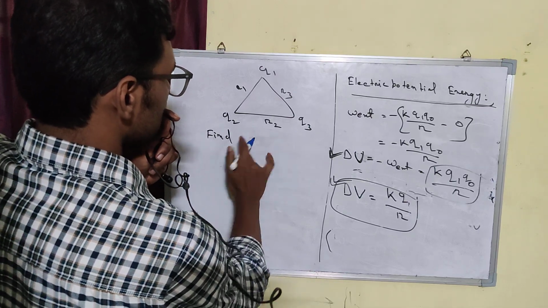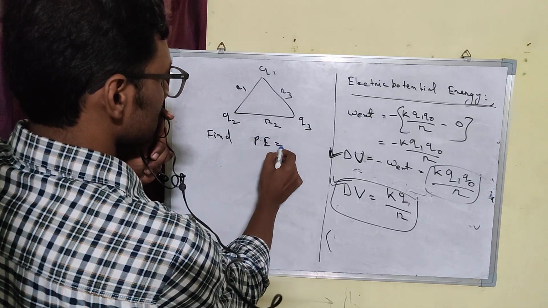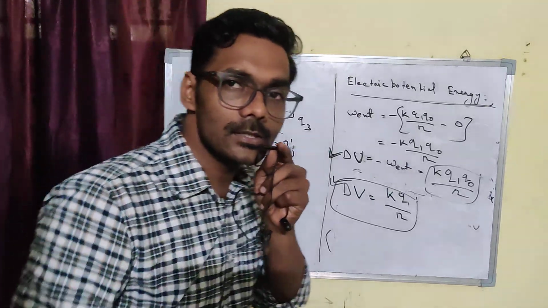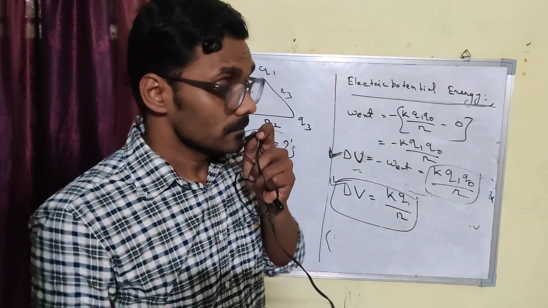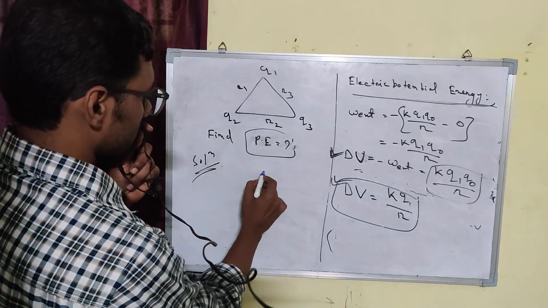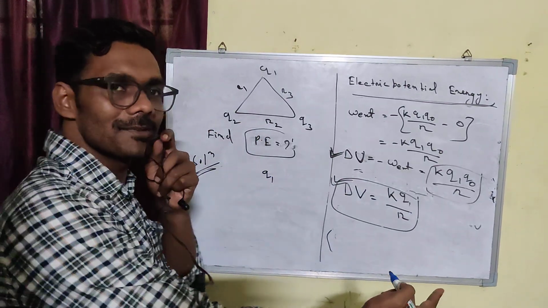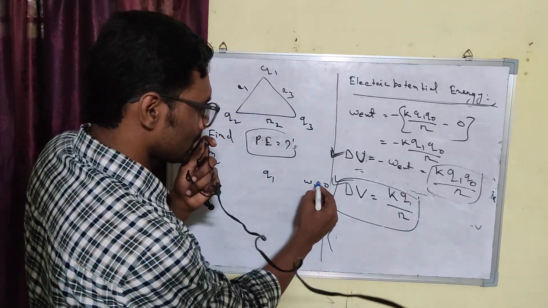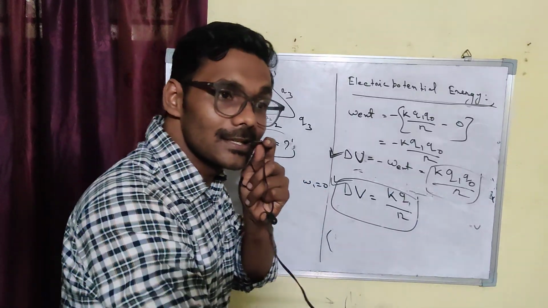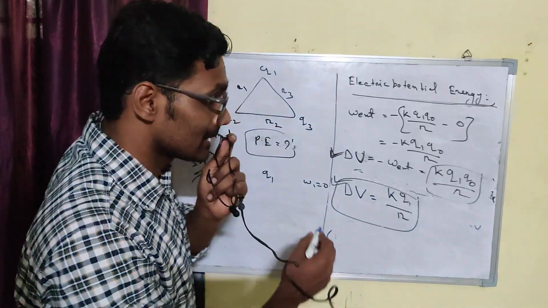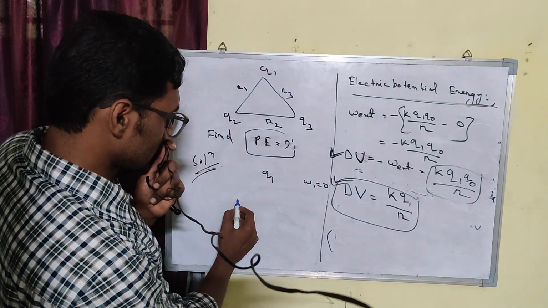ठीक है, फाइंड द पोटेंशियल एनर्जी ऑफ द सिस्टम। तो कैसे निकालेंगे इसको? तुम यहाँ पे इसको कैसे निकाल सकते हो, हाउ टू फाइंड आउट। सो लेट्स से, I am taking that Q1 charge from infinite to a given point, so no work done will be there, so W1 equal to 0।